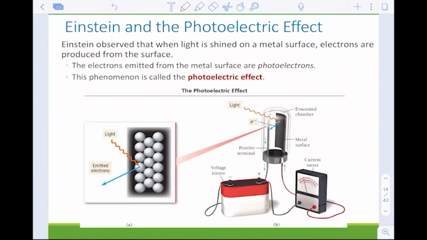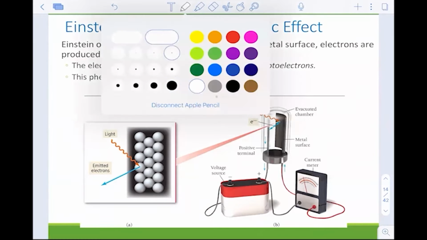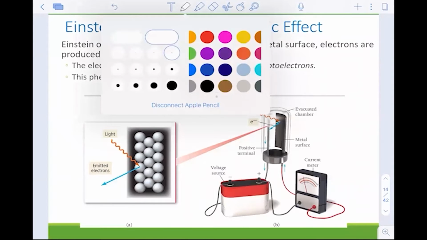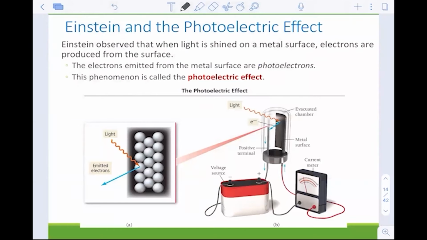Hello and welcome as we dive in further to quantum mechanics. With this lecture, we will talk about some experimentation throughout the development of quantum mechanics, and specifically we will start off with the photoelectric effect. We'll see some calculations today, so a calculator will always be helpful when we dive into these types of calculations